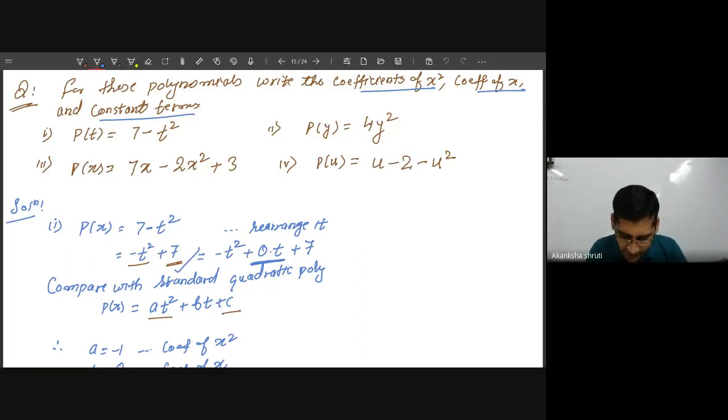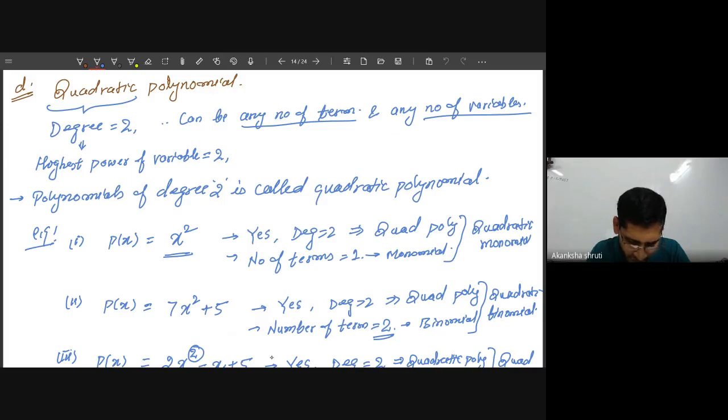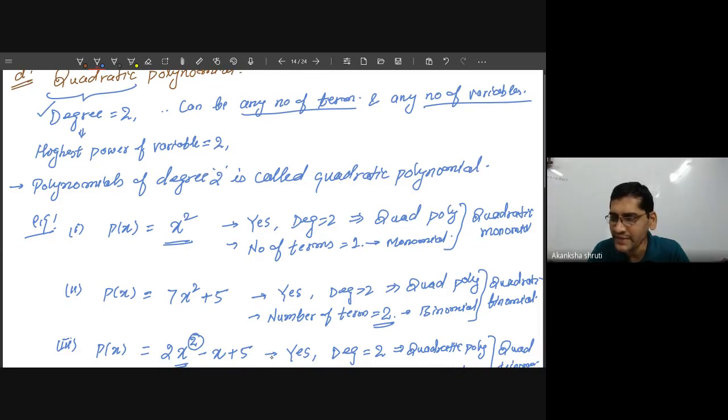Which of these are quadratic? In this case all have the highest power 2, so all of them are quadratic. The term quadratic means the degree of the polynomial should be 2. Degree means the highest power of x should be 2, meaning none of the powers of the variable shall exceed 2, though the other terms may contain the power of x as 1 or no x term. So this simply indicates the highest power of the variable is 2.